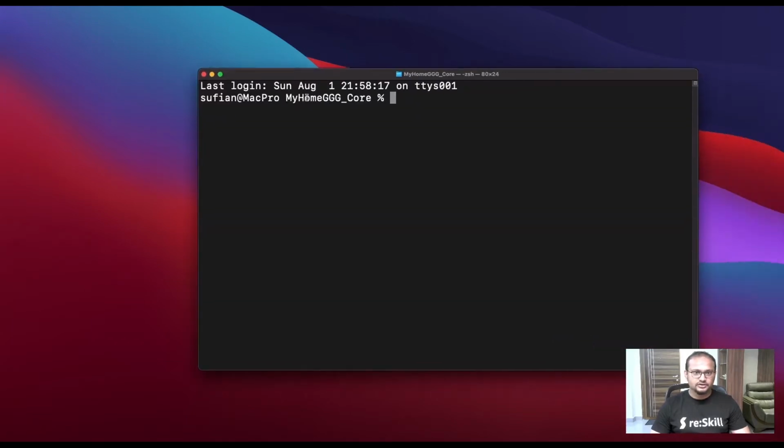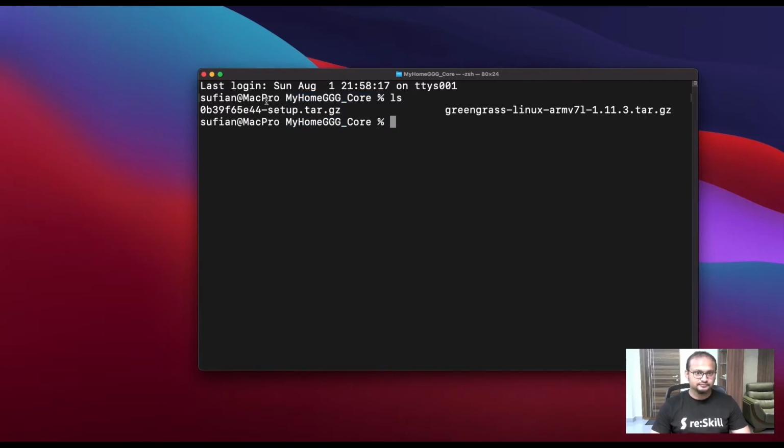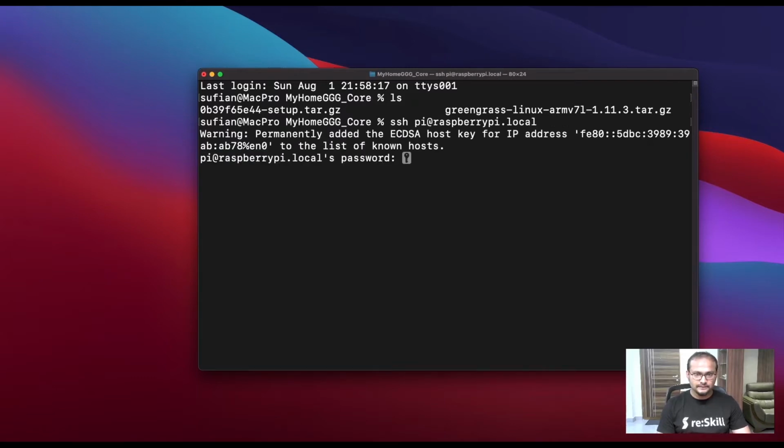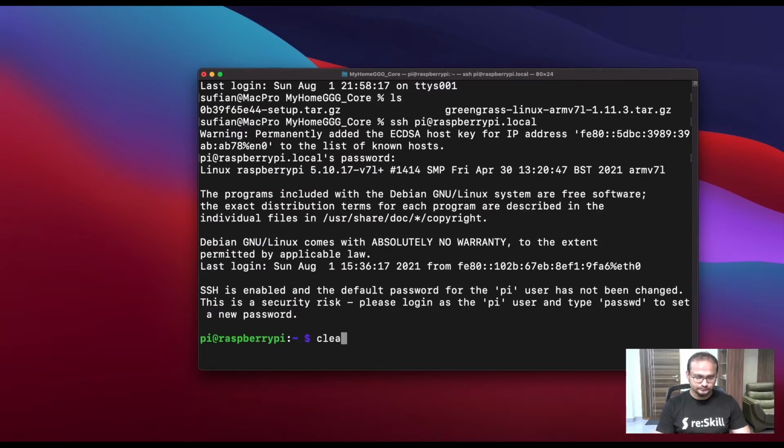Okay. So in this folder of mine, I have these 2 files. The first thing I will try to do is connect to my Raspberry Pi. ssh pi@raspberrypi.local. Okay, and then I connect to it.